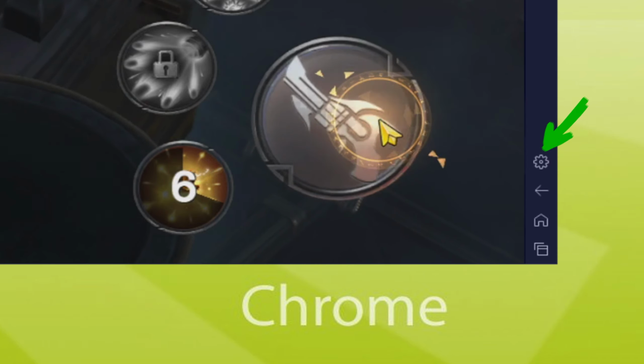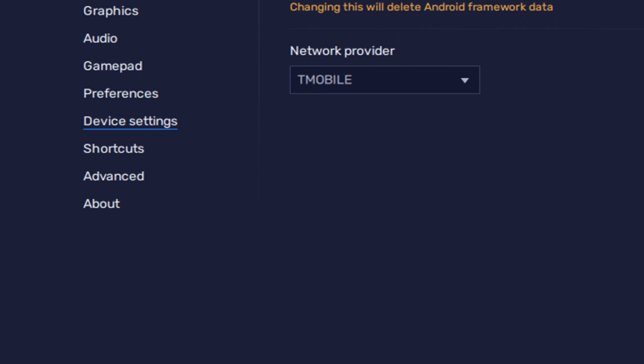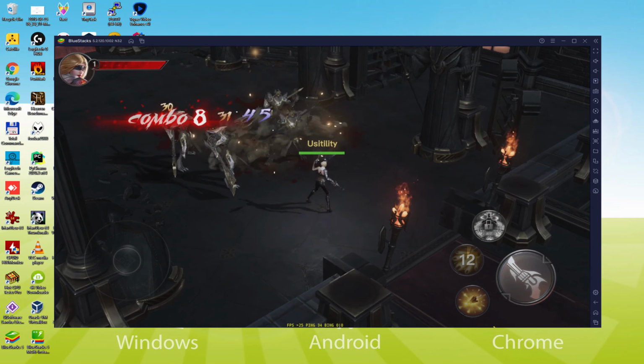We visit right here, to the cogwheel and we click on it. Let's go here to the model selection. And here we learn that the emulator is simulating a Samsung mobile. So we're going to receive an email saying that a new Samsung device has been connected to our Google account. This is it folks, so much for our training.